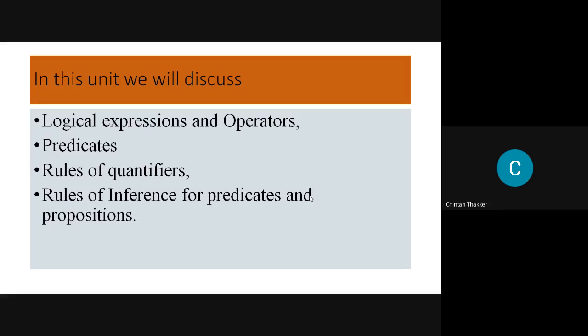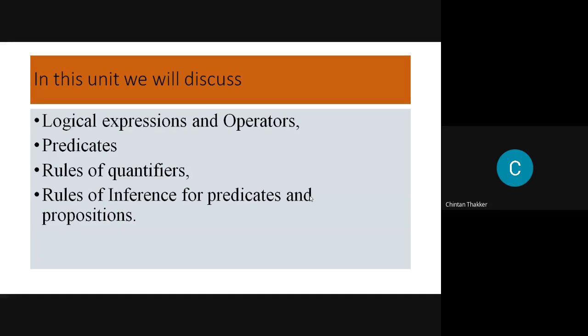Then after understanding the statements, we define the predicates, and then we define the quantifiers. Also in this unit, if an argument is given, we check whether that argument is valid or not using the truthness of predicates.